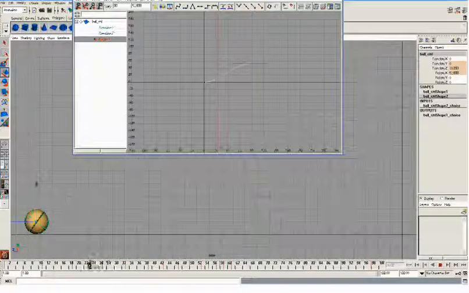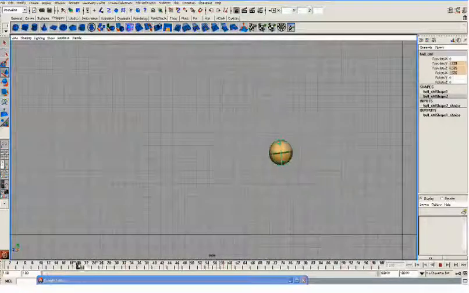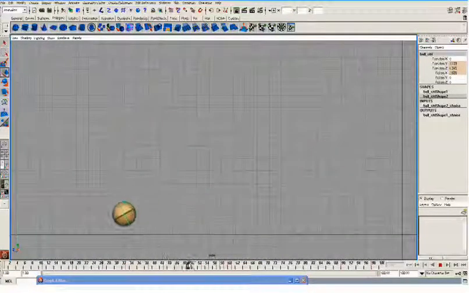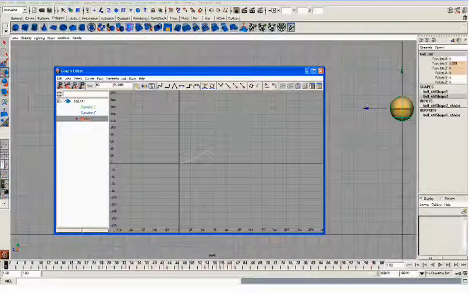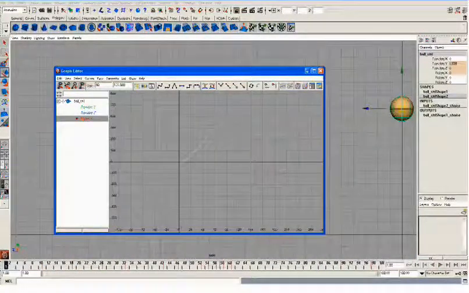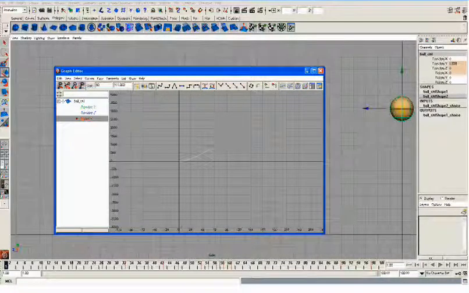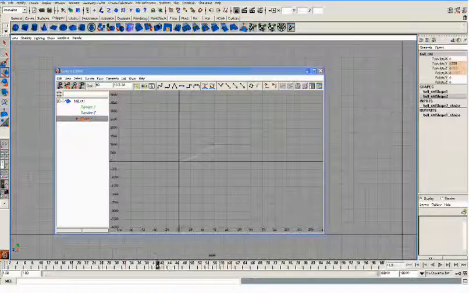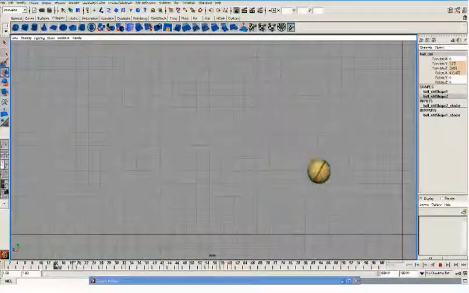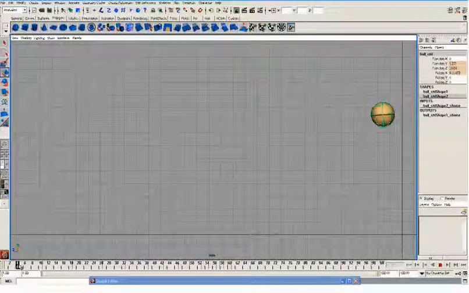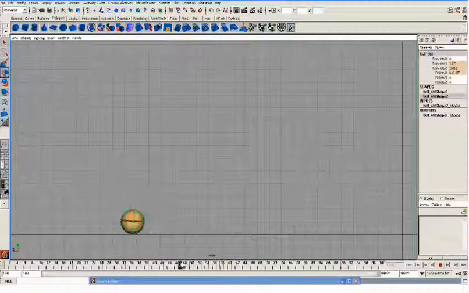Now you can see, if we check out our scene, it's rotating, but this is a very small amount, so it should be, I think, more. Let's check the rotation. So it starts rotating.